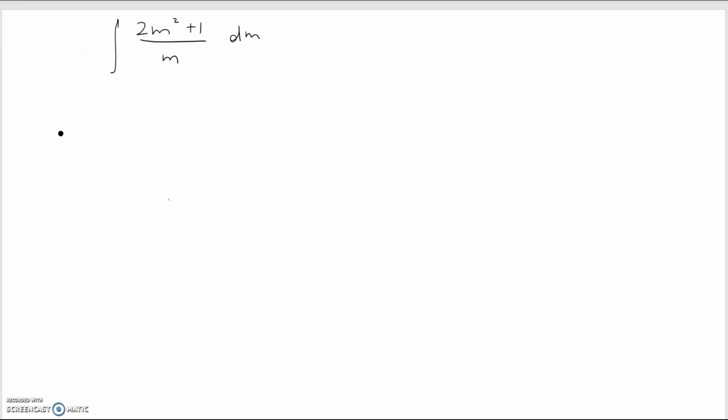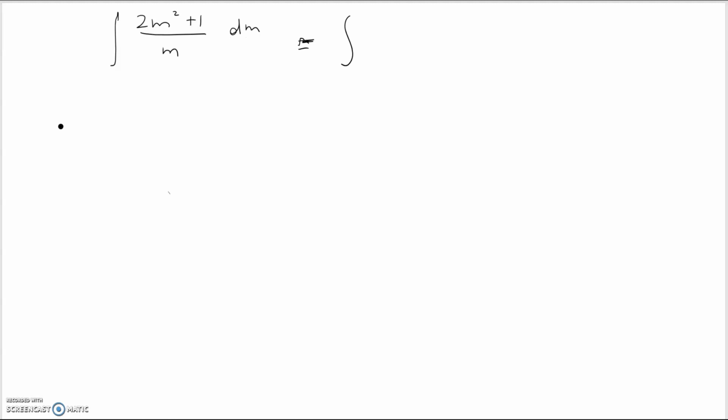The next one is very, very basic because you can't actually do it any other way other than going 2m squared over m. I can break that down to 2m plus 1 over m, and then that's easy. Integral of 2m, integral of 1 over m,